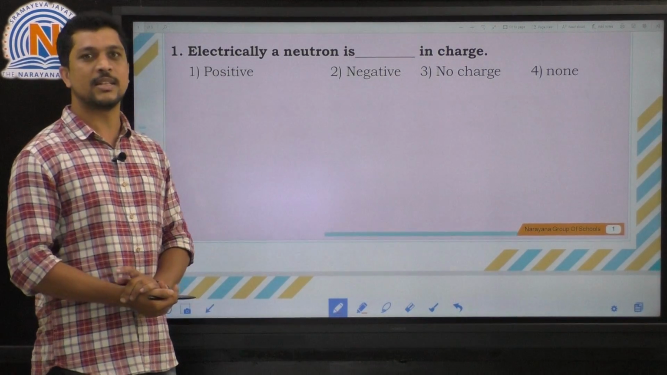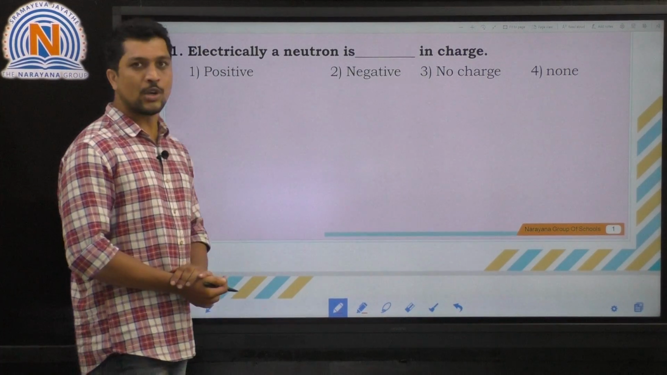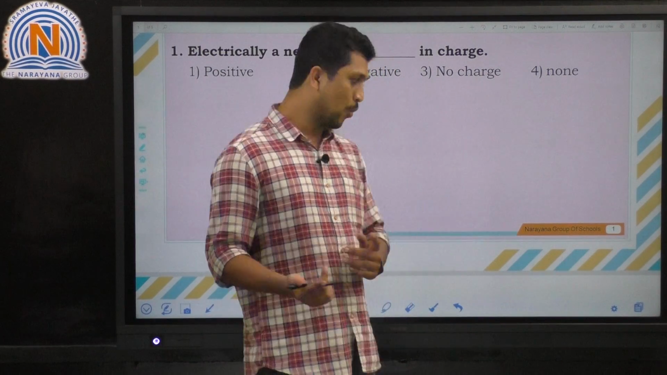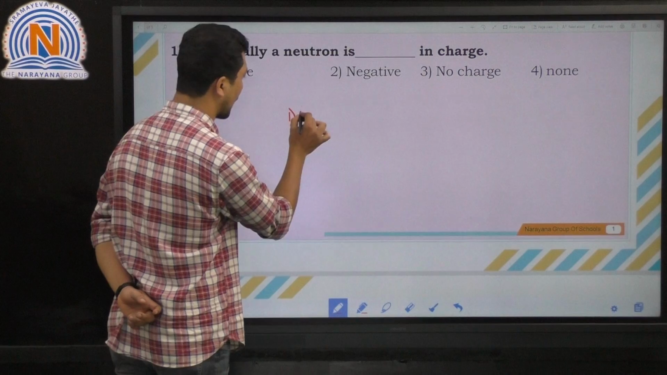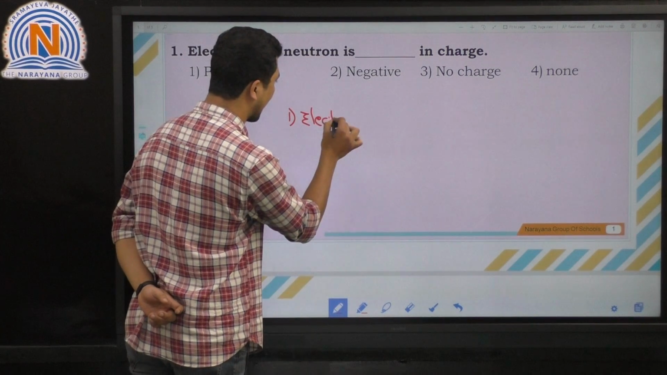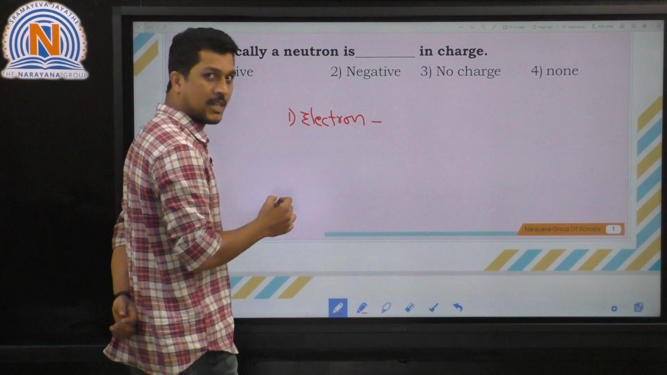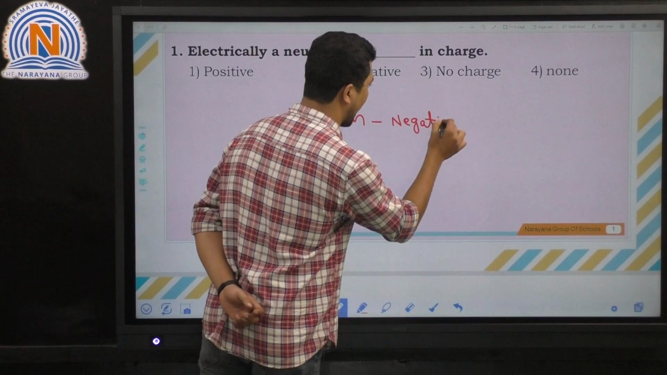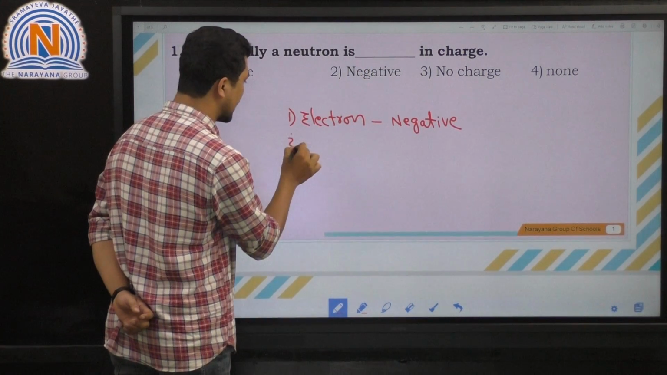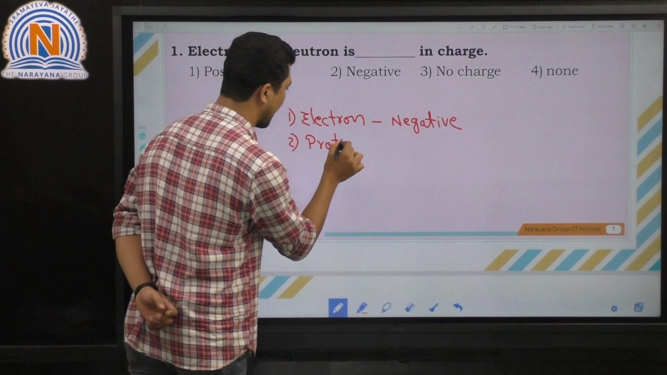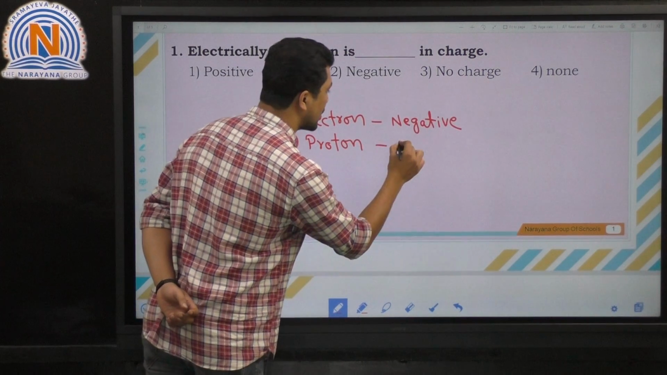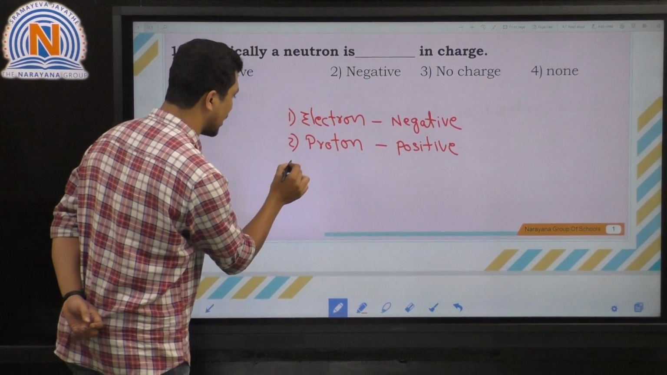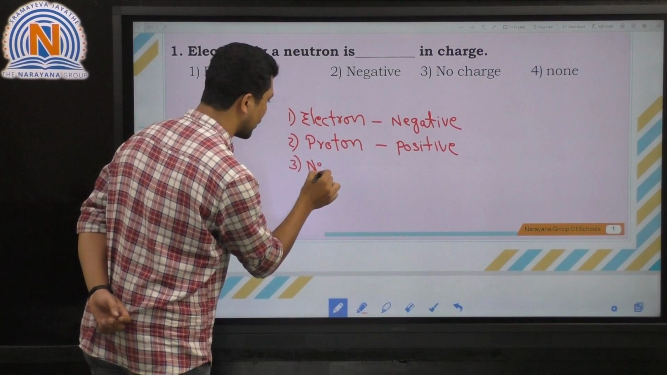Electrically a neutron is dashed in charge, right? So we know that atom is divided into three subatomic particles. One is electron, which is negatively charged, right? Negatively charged particle. Second one is proton. This is positively charged particle. And the third particle is neutron,